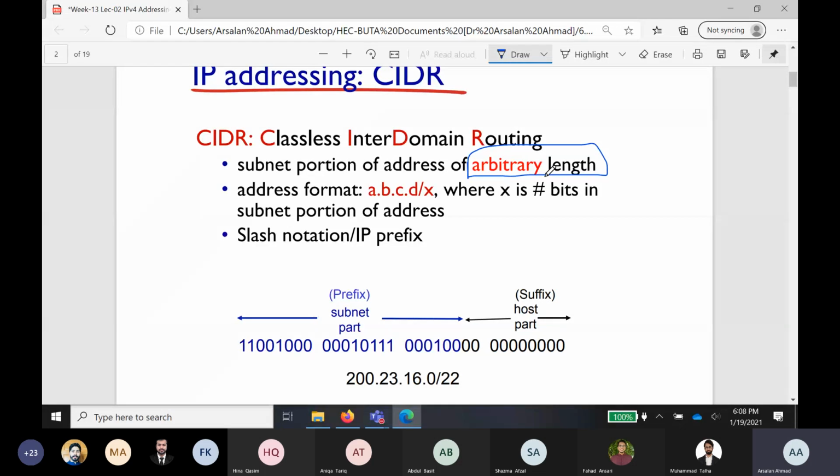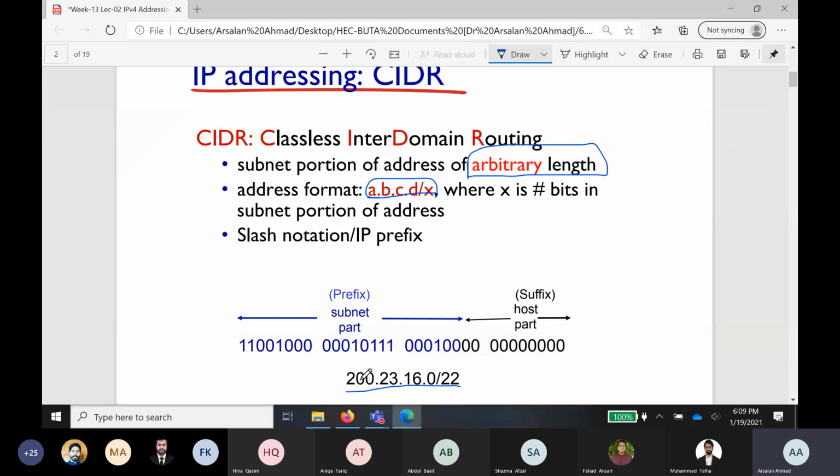Basically, it's very simple. The whole address space was open actually. So there is no concept of classes. There is no need for a company to decide which class address it has to buy depending upon its own requirement, and if it is a medium-sized company, to buy a class B address and waste a lot of address space. Instead, what we started doing was having a subnet portion of arbitrary length, and the addresses started taking this form